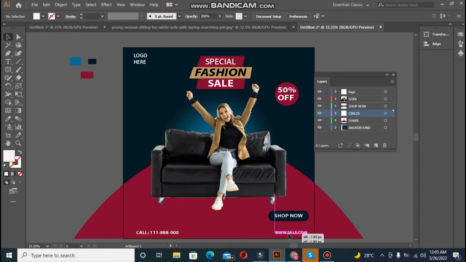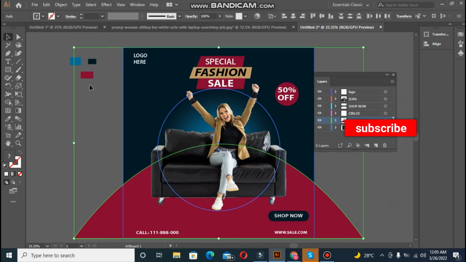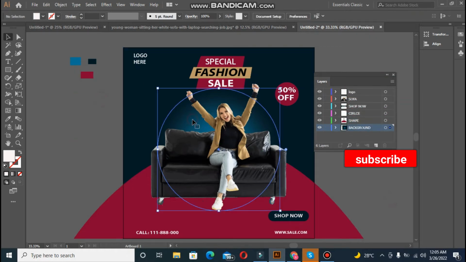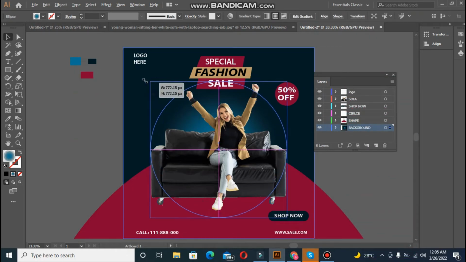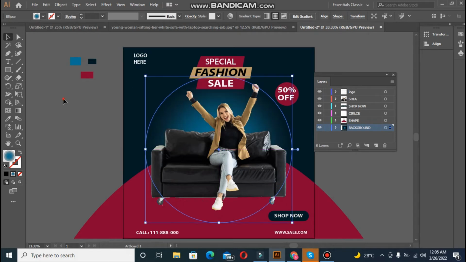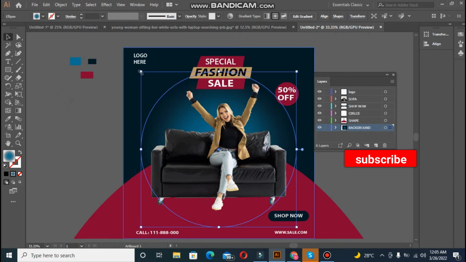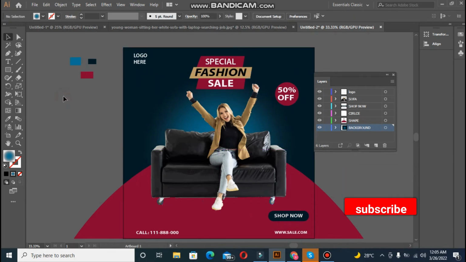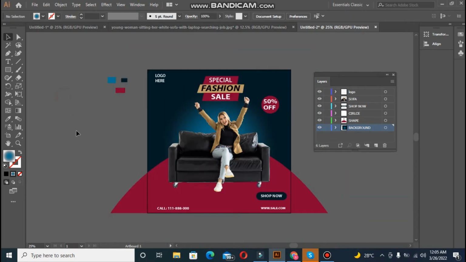Let me adjust it a little bit more. And then I have to increase the size of the gradient circle a little bit. Now it's our last step. Take the rectangle tool again